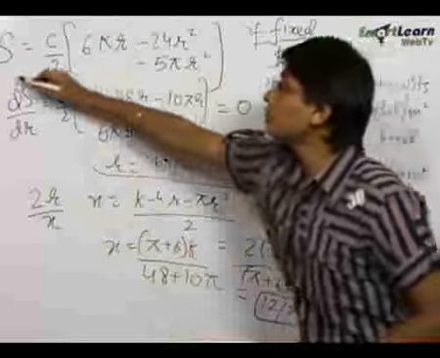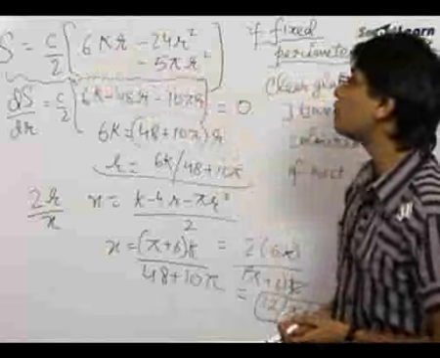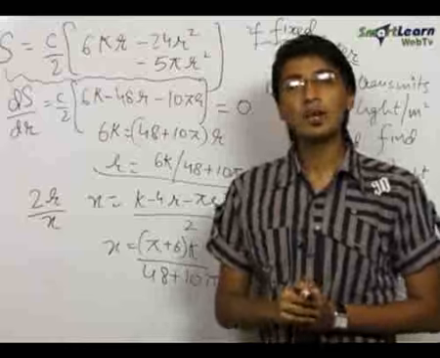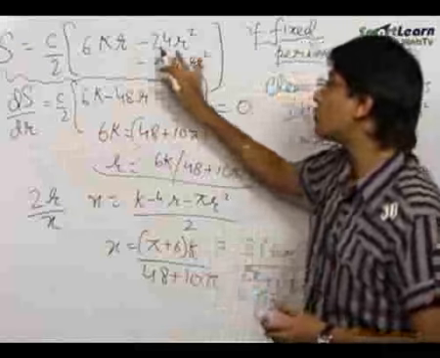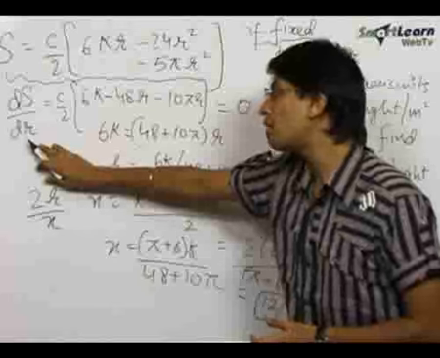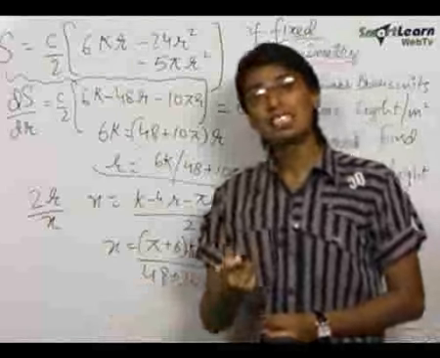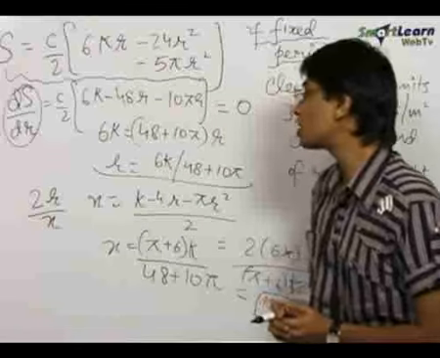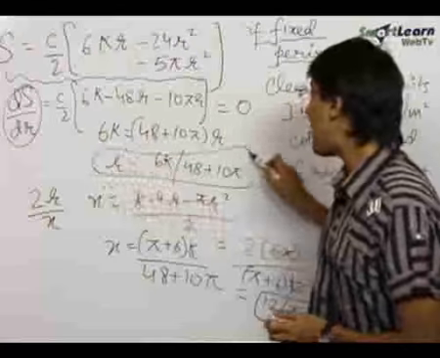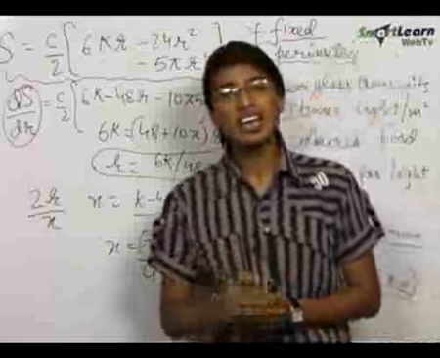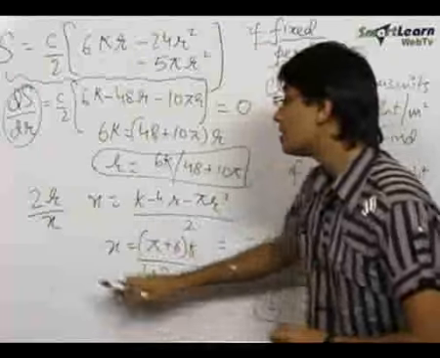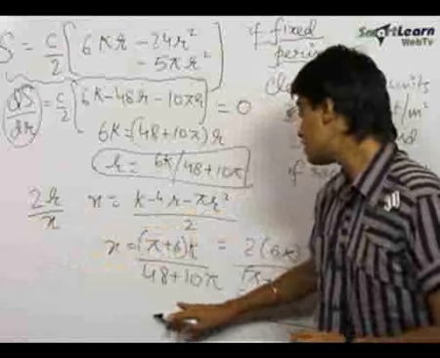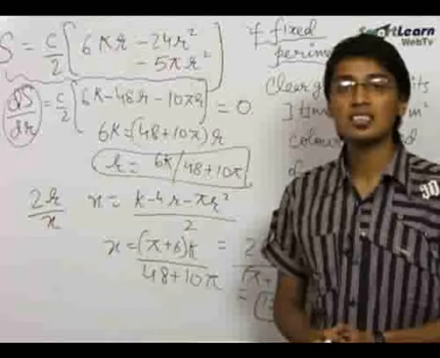Then we wrote the total light transmitted. It was a function of r and x. We replaced one of the variables by the other variable to get the entire equation in terms of r. We differentiated it and put it equal to 0, since the maximum light will be transmitted when its derivative is equal to 0 with respect to r. We obtained r and utilized the relation between r and x to get x, and hence the ratio of the two sides of the rectangle was equal to 2r upon x, which is 12 upon pi plus 6, and this is our final answer.